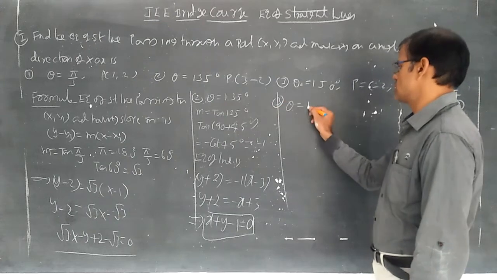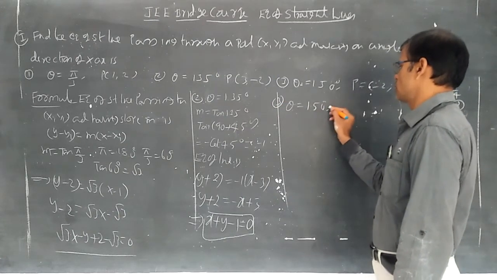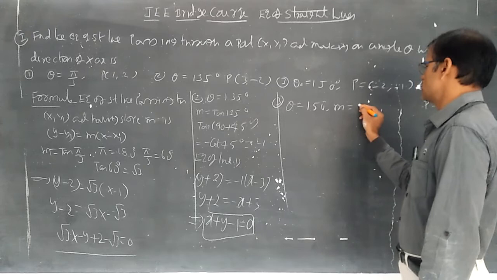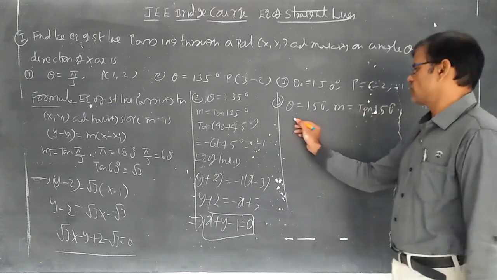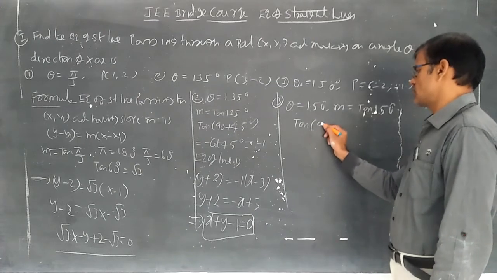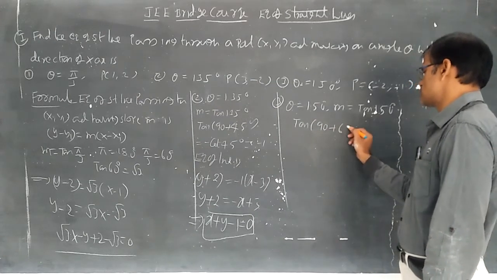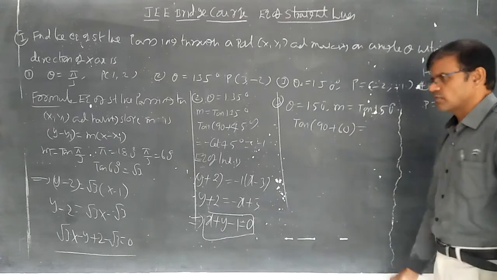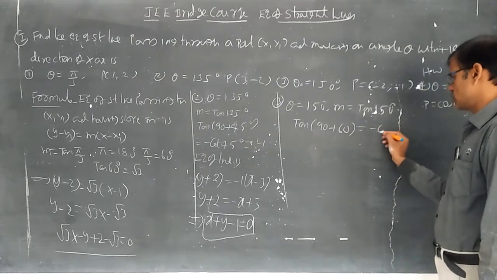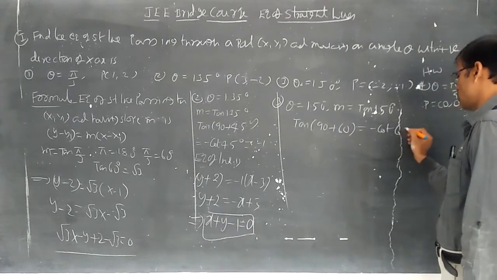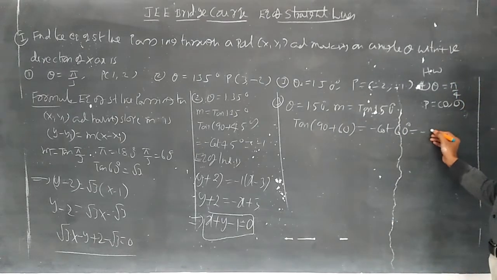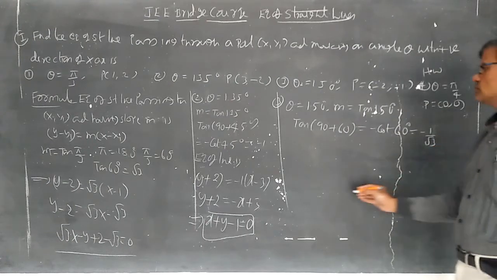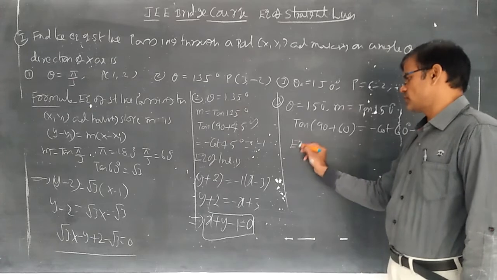Third question answer. Theta is equal to 150. Slope m is equal to tan 150 degrees. Tan 150 degrees gives tan of 90 plus 60 degrees. Whenever 90 is there, then the term will be changed as cot 60. Cot 60 value is minus 1 by root 3. So the equation of line